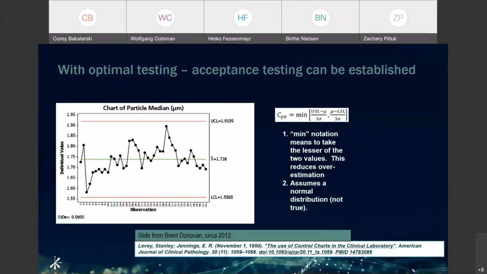This was given to me by Brent Donovan, who, when he was at Merck, and I was working in the field of inhaled medicines, and it's a nice summarization of why it is that large-scale data analysis truly becomes important in quality control and in improving processes. And what you see here is a chart of particle median diameters. It's from a different method than LC, and what's important is the fact they have many observations along